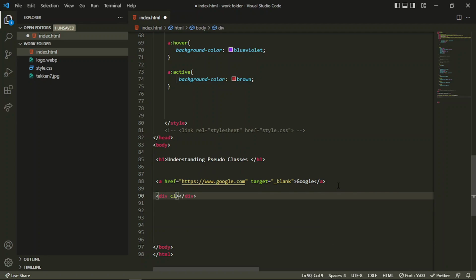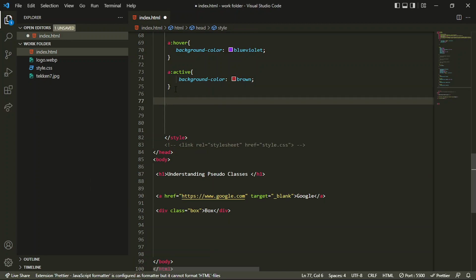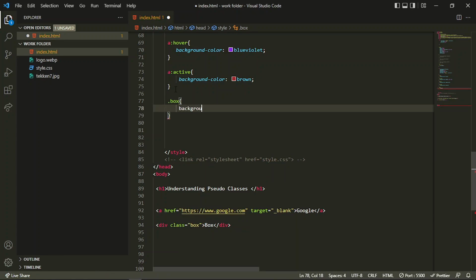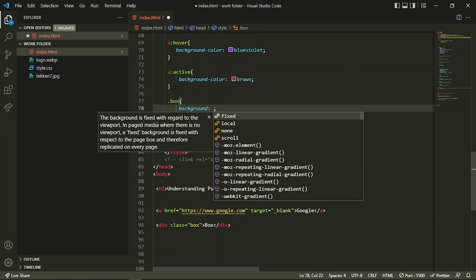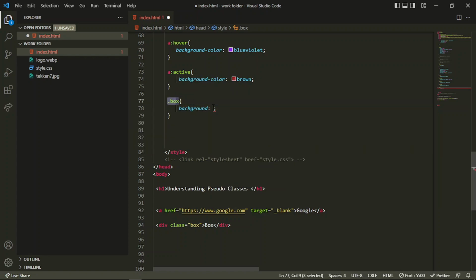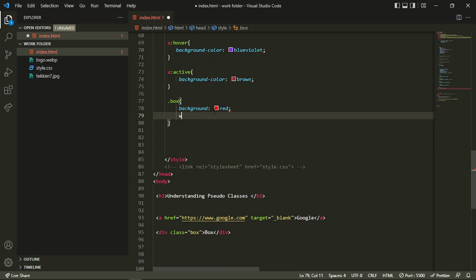So let's say I have this box, and box is the class, and this box is having a background color. Not all the pseudo classes can be applied to every element, but most of them can be used. Just like hover we can use, active can be used on an input element. Let me just give it a background color of, let's say, red, width